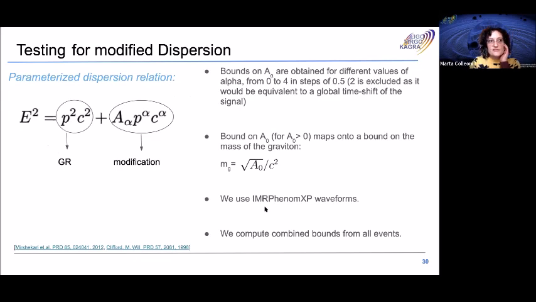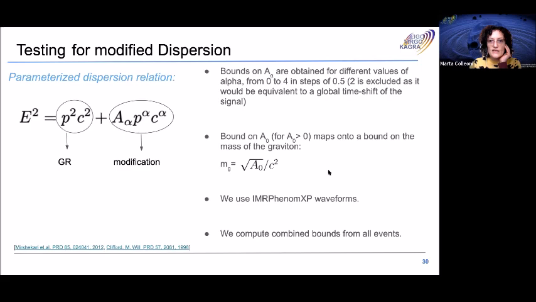How do we test the presence of dispersion? We introduce a parameterized dispersion relation where we correct the dispersion relation that is valid in GR with a phenomenological correction that is proportional to a power of the graviton's momentum, and is also parameterized by a certain deviation coefficient A alpha. And then we compute posteriors and bounds for A alpha for different values of alpha from 0 to 4 in steps of 0.5, where 2 is excluded because it would just amount to a global time shift of